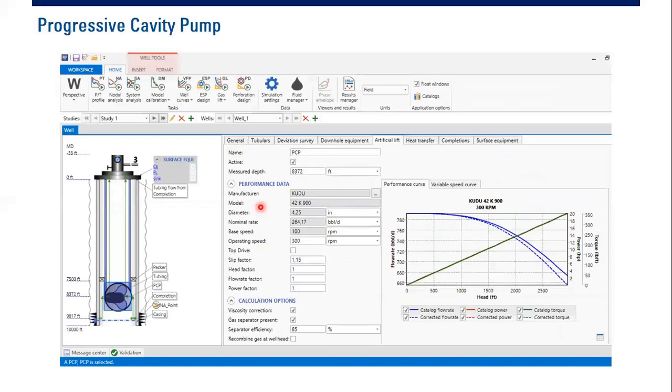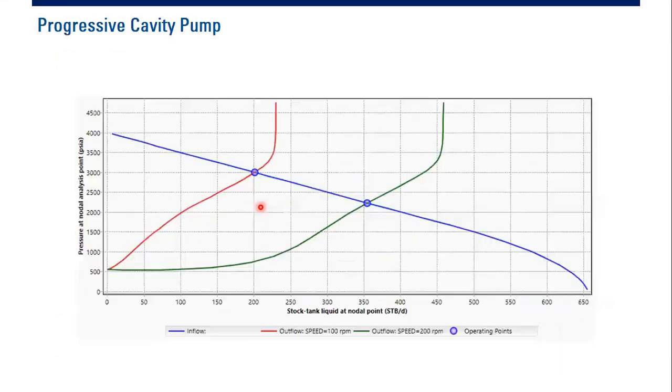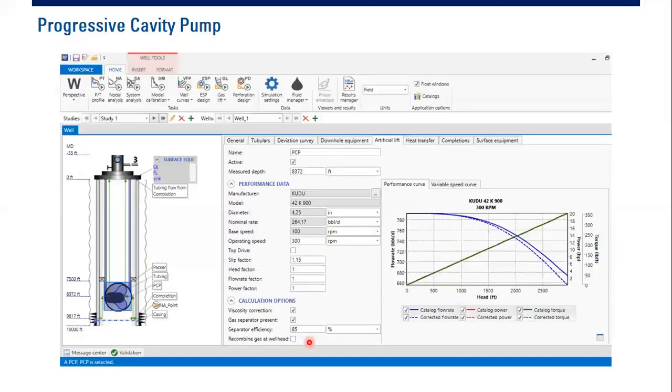And lastly, I think the progressive cavity pump, the same thing. I can vary some parameters to get a new nodal analysis from which I can do analysis to finally select or apply the best operating condition. Like this one, again, in this case, I vary the RPM, the speed of rotation of the progressive cavity pump, the rotor. All right, so that concludes the first part, the presentation.